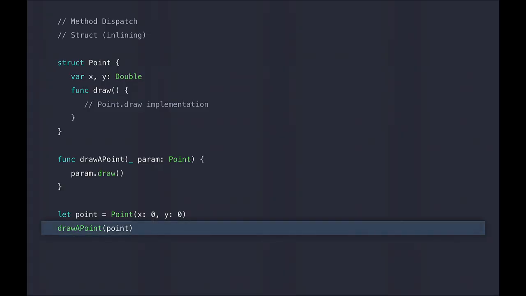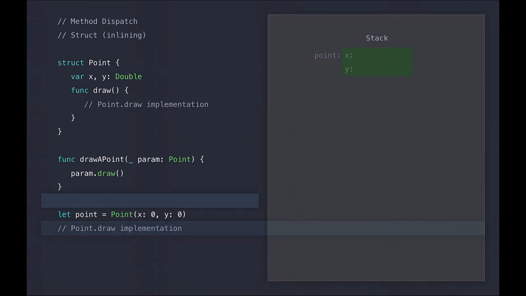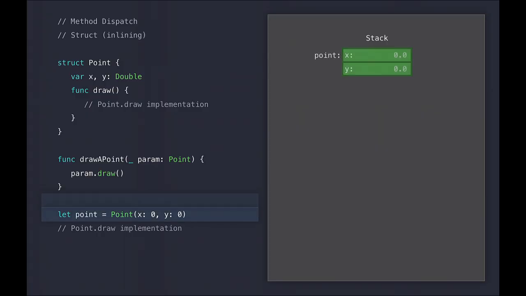What this means is that the compiler knows exactly which implementations are going to be executed. And so it's actually going to take our drawAPoint dispatch, and it's just going to replace that with the implementation of drawAPoint. And then it's going to take our Point.draw method, and because that's a static dispatch, it can replace that with the actual implementation of Point.draw. So when we go and execute this code at runtime, we're going to be able to just construct our point, run the implementation, and we're done. We didn't need the overhead of those two static dispatches and the associated setting up of the call stack and tearing it down. So this is really cool.